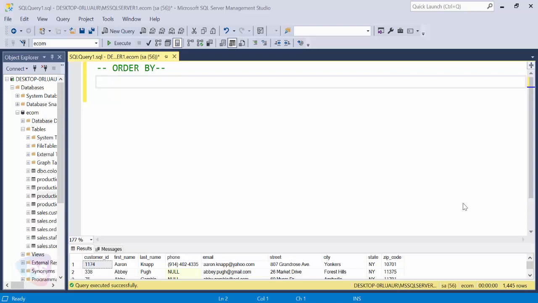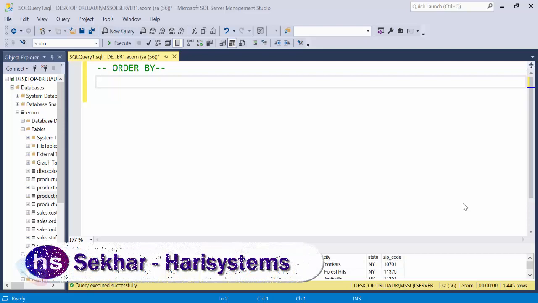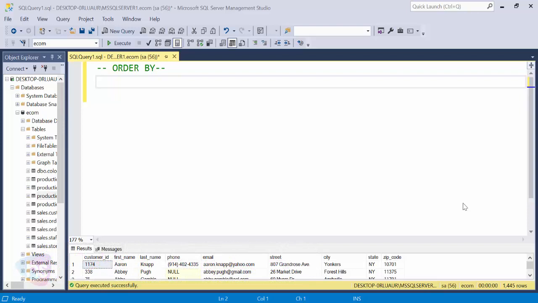In this lecture, I'm going to teach you about the sorting technique. By using ORDER BY, we can sort data rows. The ORDER BY clause has the keywords ascending order, ASC, and descending order, DESC. These are the keywords used in Microsoft SQL Server. We can get the data as we wish, in either ascending or descending order of the data row result